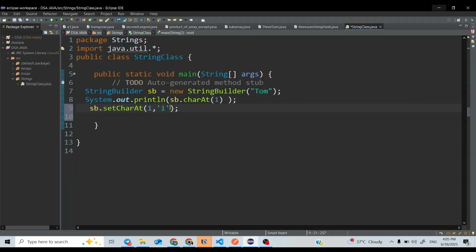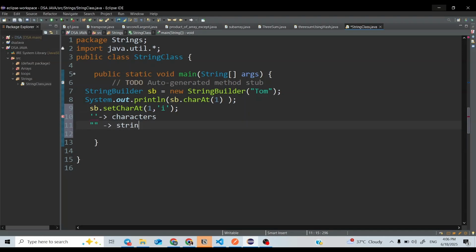Why single quotes? Because here I have to define the character, and when I define characters, I have to use single quotes. So single quotes are for characters and double quotes are for string.